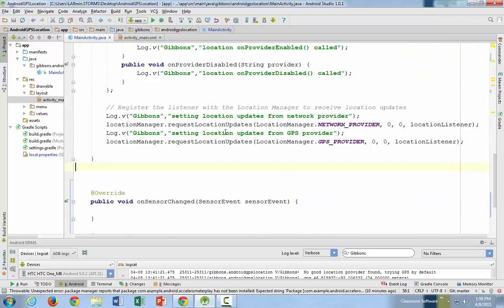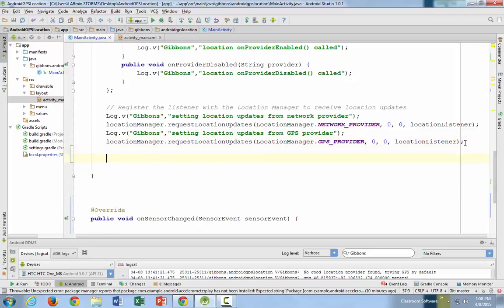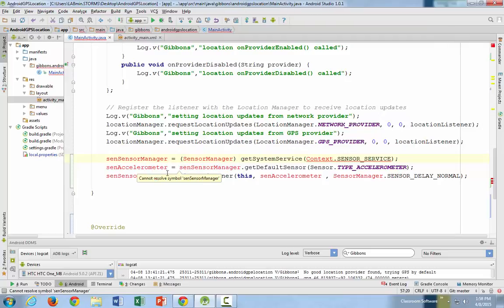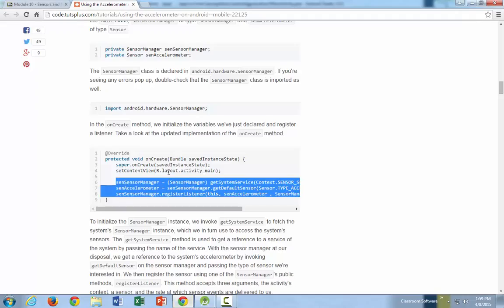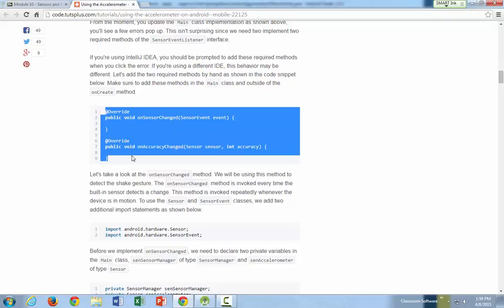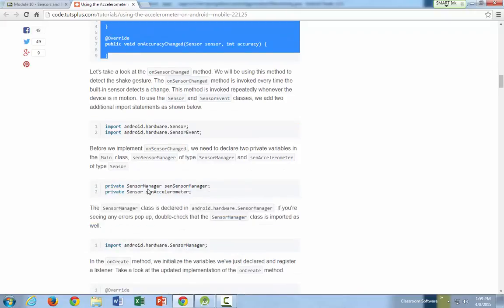Okay. So there's the location manager request location updates. So this sets up our listener for locations. We want to do something similar for the sensor. So I'm going to add these 3 lines of code here. Set up the sensor manager, the accelerometer manager, and register my listener for this. So again, these are right here. It talks about the 2 methods that we have to implement, talks about the includes that have to be put